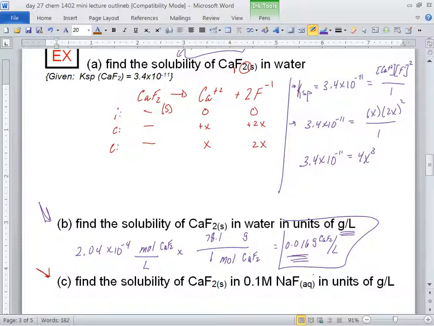So am I putting the 0.1 right down here? Exactly. It doesn't matter that there are two of these. It's the initial concentration of F. The only place that 2 matters is you have a 2x in the change row, and it also becomes the exponent in the Ksp expression. You add them up to get the equilibrium row. So 0 plus x is x, and this will be 0.1 plus 2x. Then you plug it all into your Ksp expression.